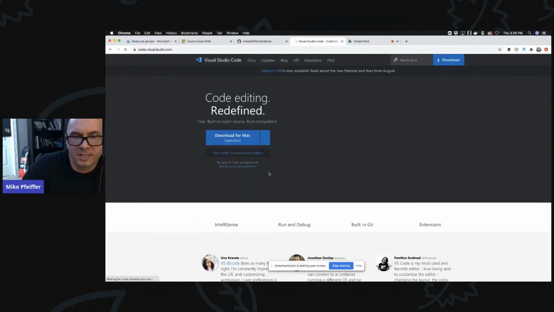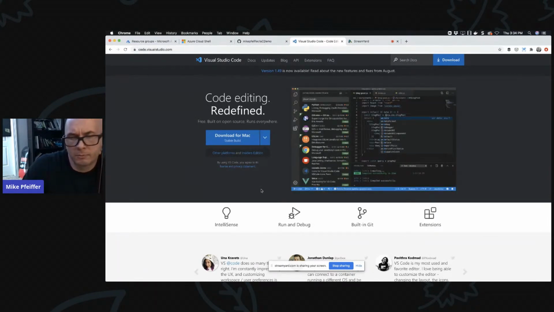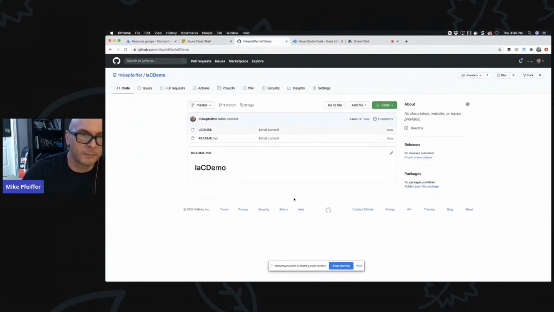Anyways, I use this thing like crazy, not only for infrastructure development, but I also do a fair amount of ASP.NET Core web development. Not a ton, but I am a little bit of a geek when it comes to web development, so I use this thing constantly. There are amazing extensions for just about anything you can think of, so that's what I'll be using here. There are Git extensions built into it, so all the work that I'm going to do in Git and GitHub, you can do from your IDE in Visual Studio Code. But I want to make sure it's clear what is really happening when you're doing certain things.